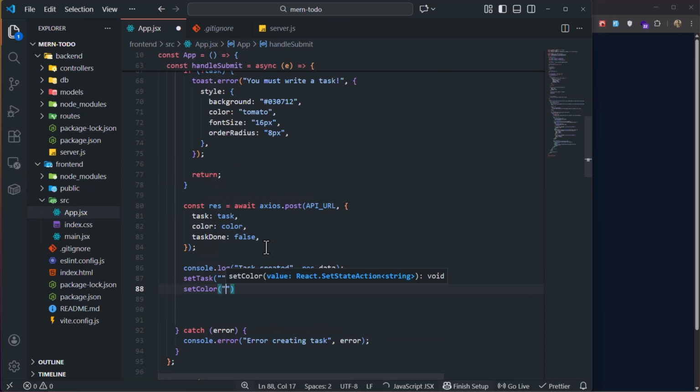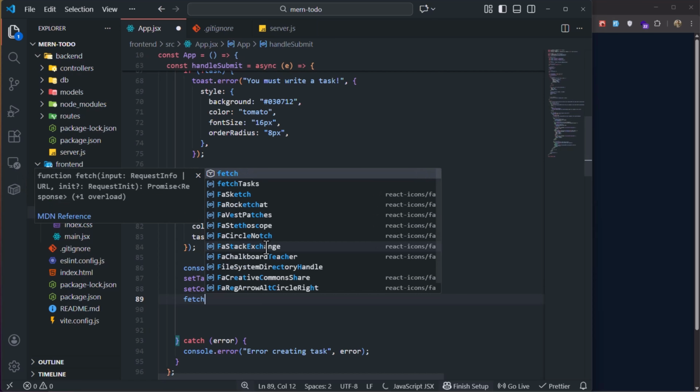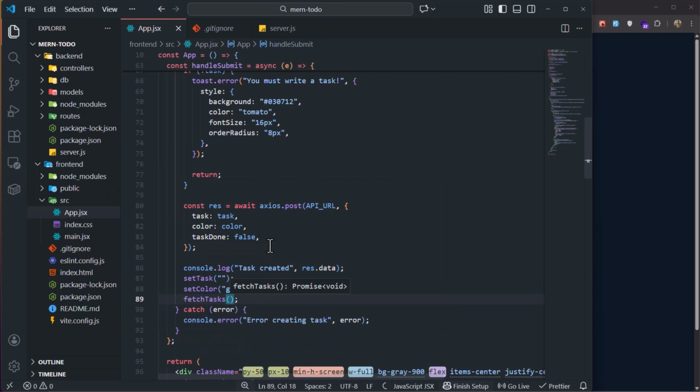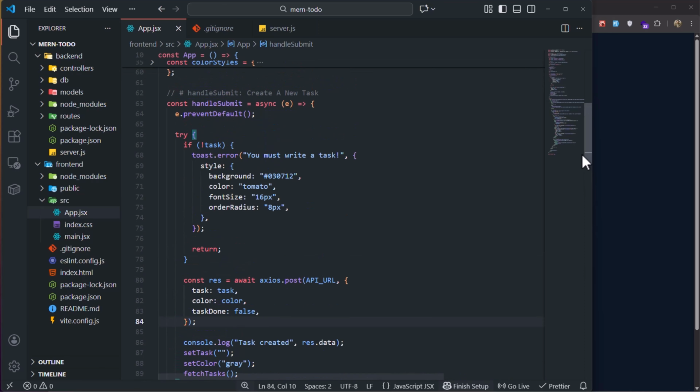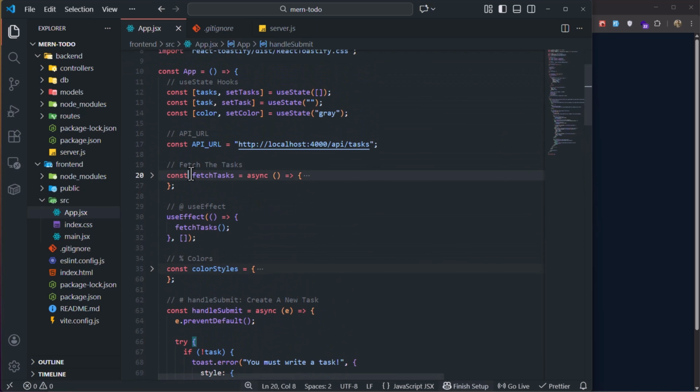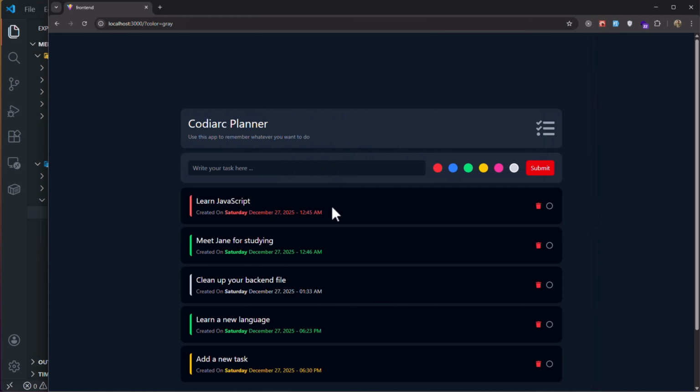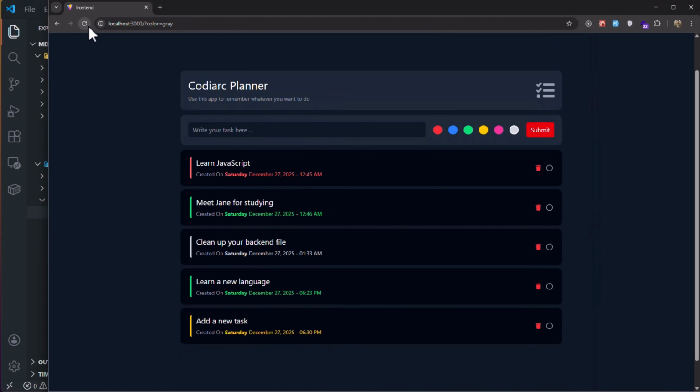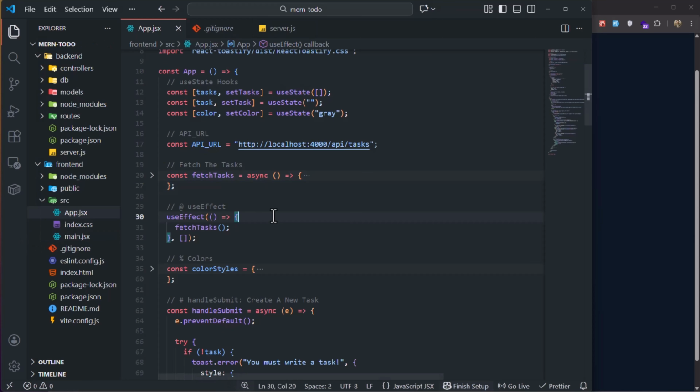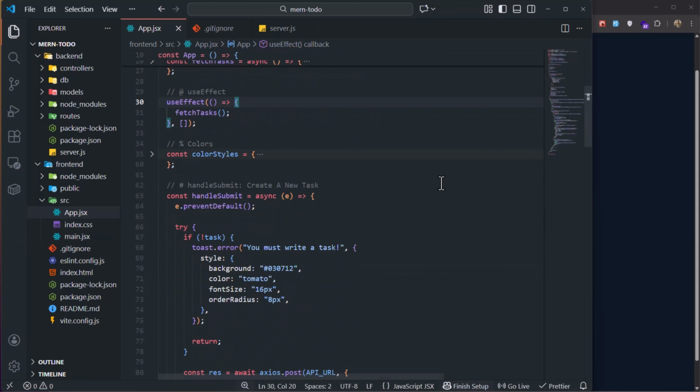I want to set the color to gray, which is its default value, and I want to fetch tasks here. And you have to do this because if you don't call this function after you create the task, you're not going to see the task here unless you refresh. But I don't want that to happen. I want to see the task as soon as I submit this button. So I think we're good to go, but